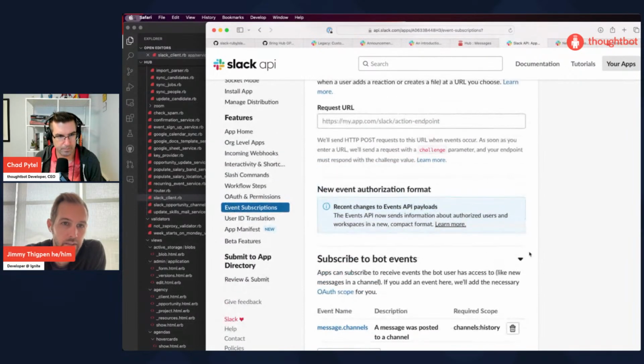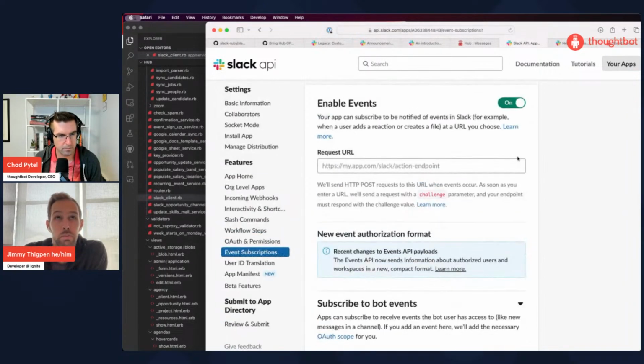So our app now, I think we'll have to figure out a URL to post to. Maybe we can ngrok something. So the way this works is they're going to send us a challenge the instant you put a URL in here and click out of it. So this will only work after we have that challenge set up. Okay. What that looks like.